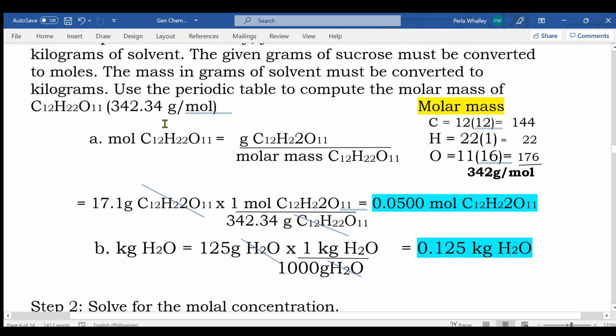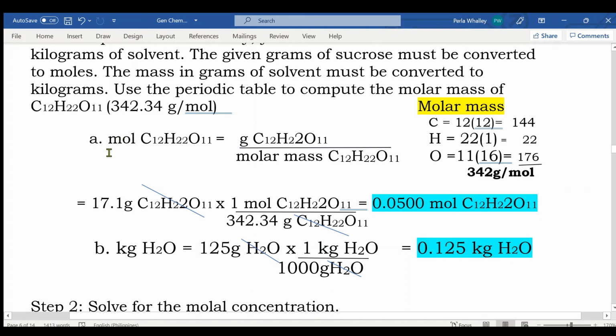342.34. If we round off the atomic masses of the elements, we can get the total of 342 grams per mole. Either way is correct, unless your teacher has emphasized not to round off into a whole number the atomic masses of the elements. Okay,